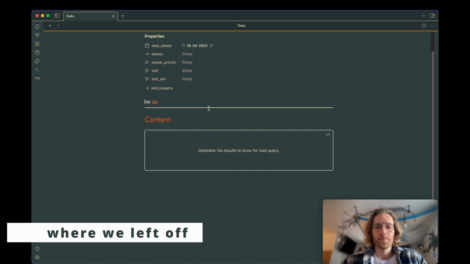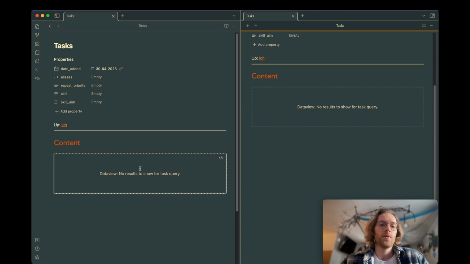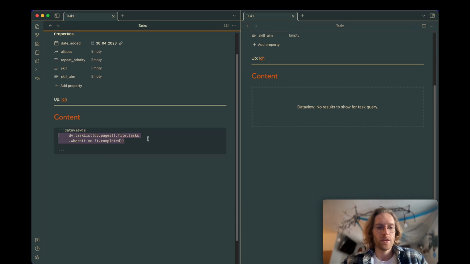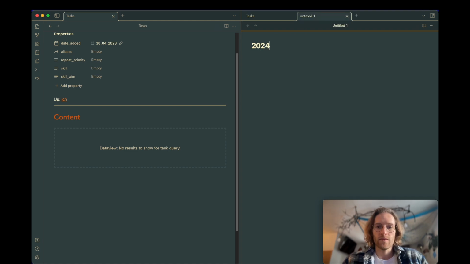This is where we stopped last time. So we had this task page where this query was located. And this query basically does the following. Imagine you have a meeting